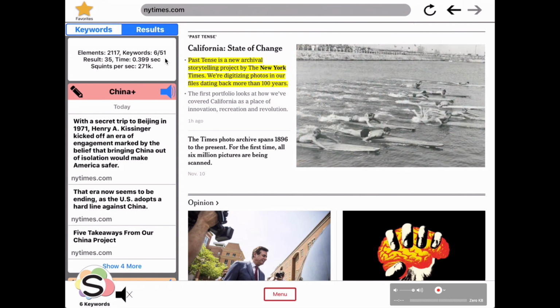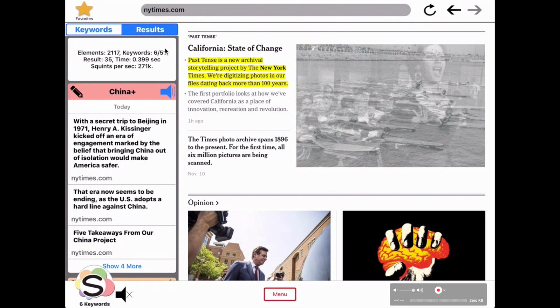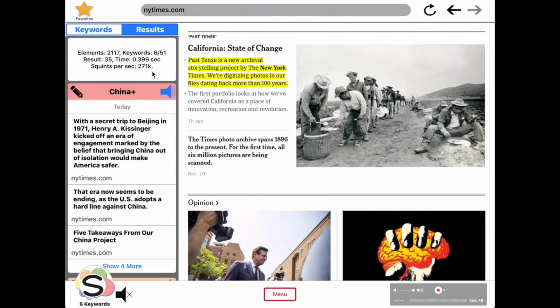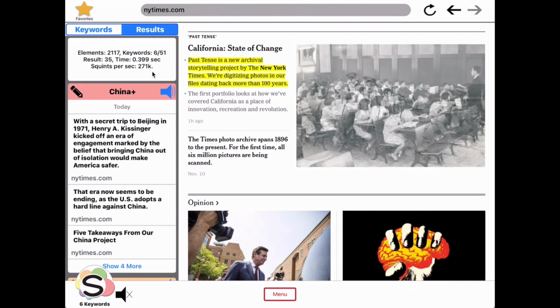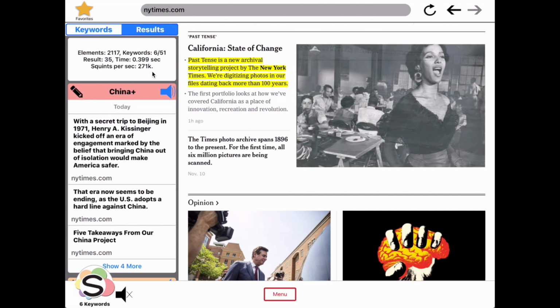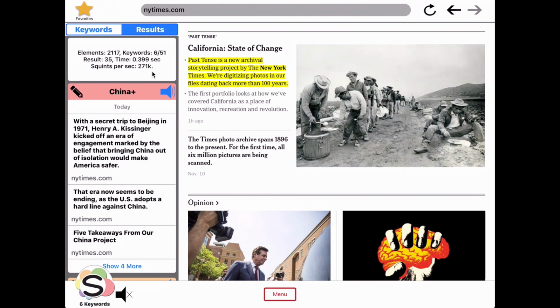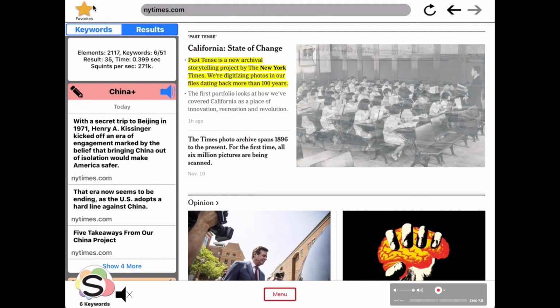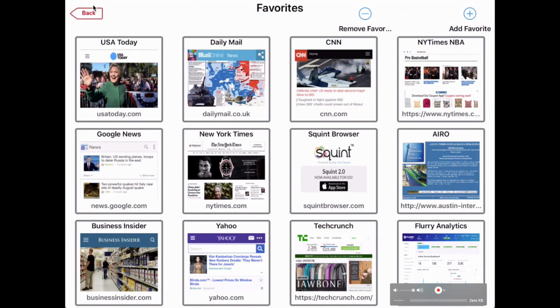If we take the number of total words on the page or elements and we multiply by the number of keywords searched for, the 51, we get 271,000 squints per second, or individual searches per second. Very, very efficient way to quickly search a page for 51 different keywords at once. So when I browse